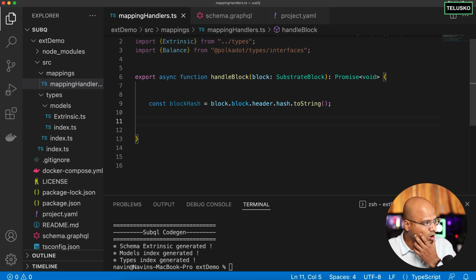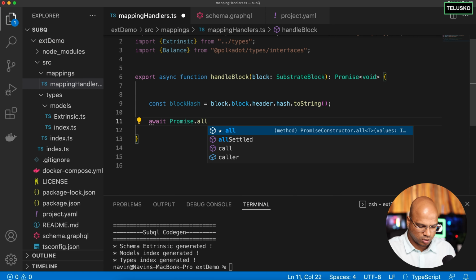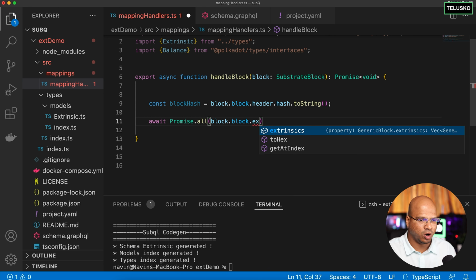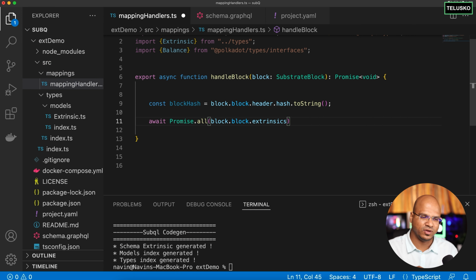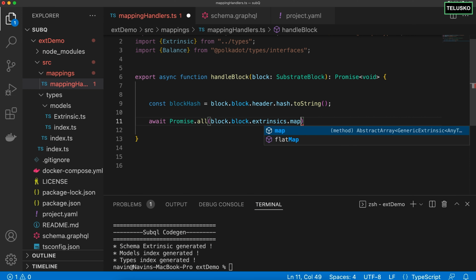Now, once we got the block hash, now it's time to create. Let's use a promise here, Promise.all. So again, with the help of block.block, we'll fetch all the extrinsics. As I mentioned, block will have events, extrinsics, and stuff. So we'll be using extrinsics. Okay, extrinsics.map. Now with this, it will throw the blocks one by one.